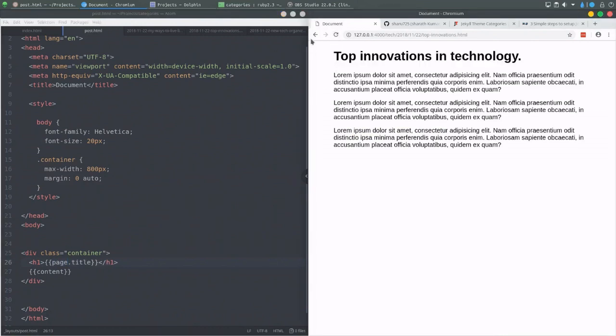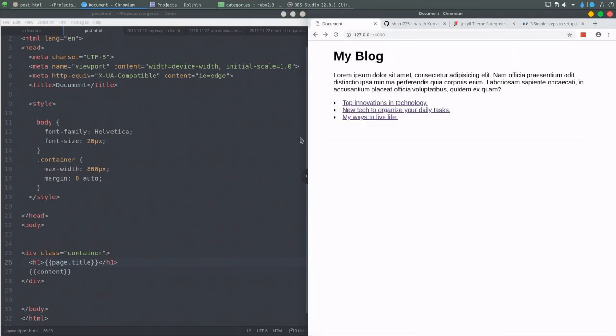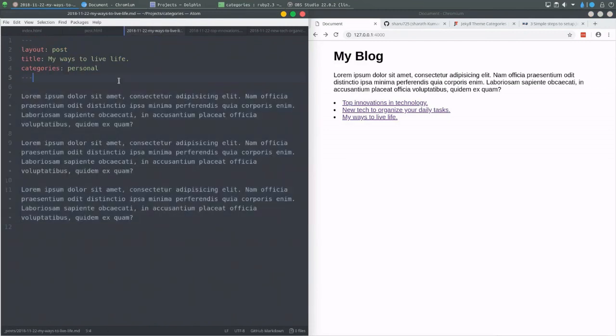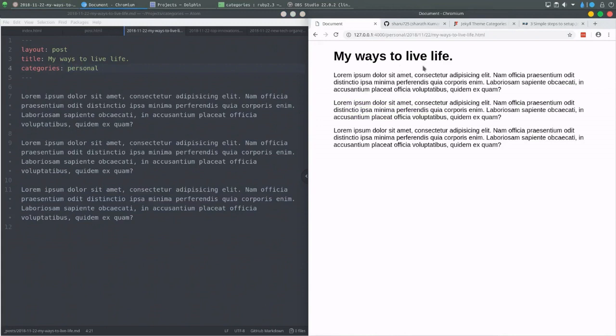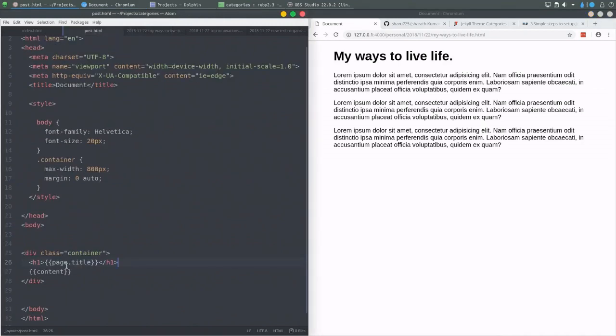Okay, it's coming. Now the second one, and now the third one. Now the first thing is, let's see how we can show categories. Like my ways to live has a personal category called personal. How do we show that right after the title of the post? Let's see, in the post